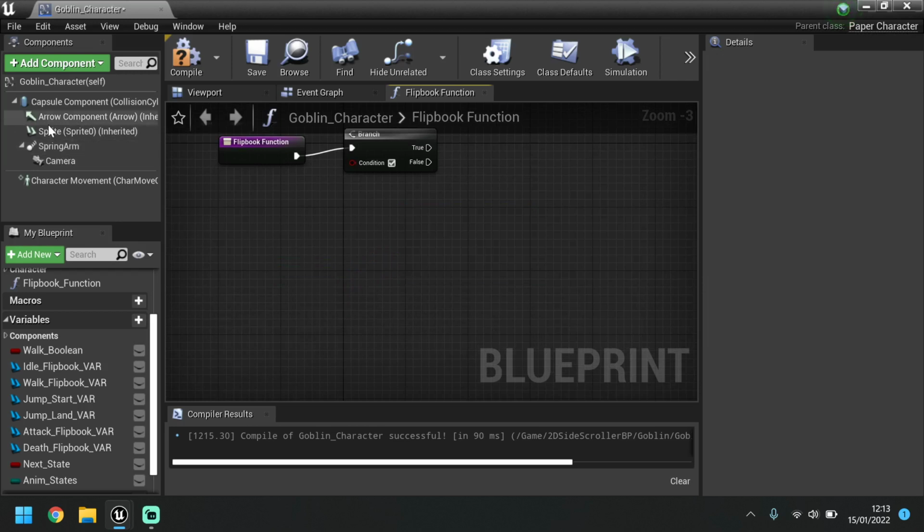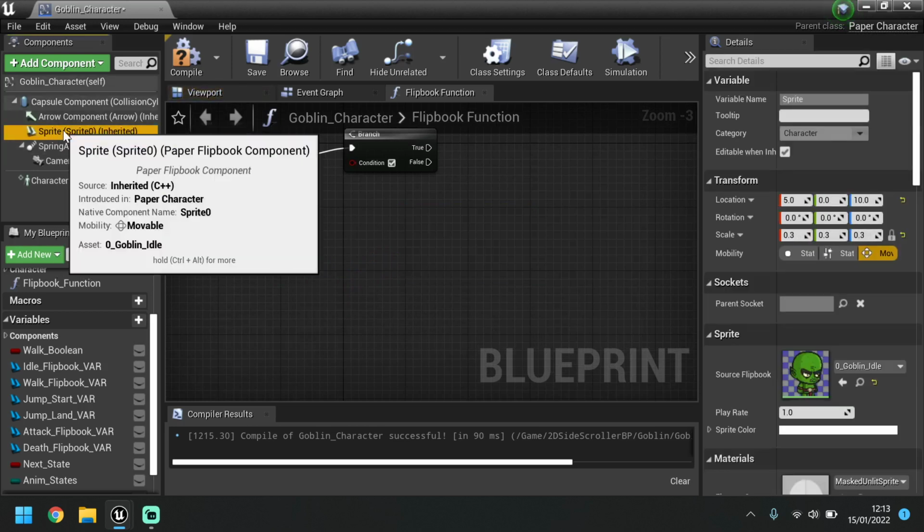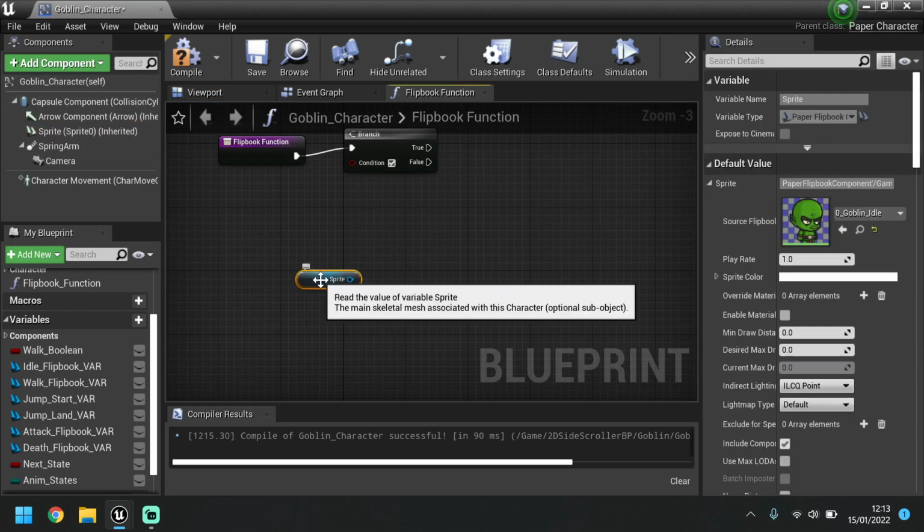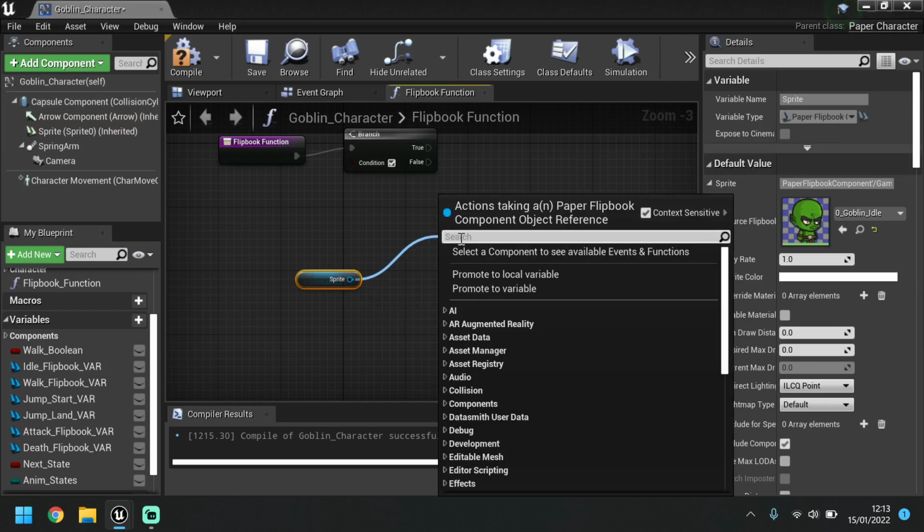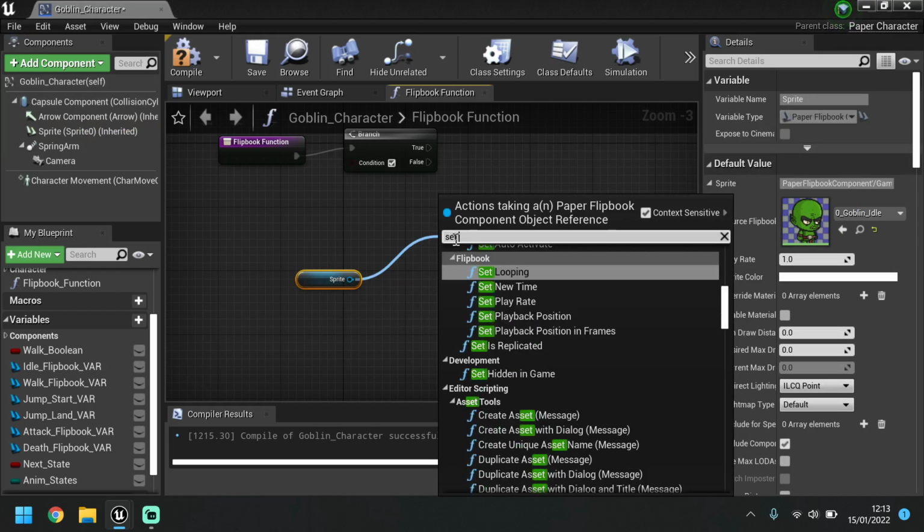If we select the sprite up here on the right and just drag that in, that'll give you this little box that's connecting to the sprite. So if we just drag off from here and search set flipbook,